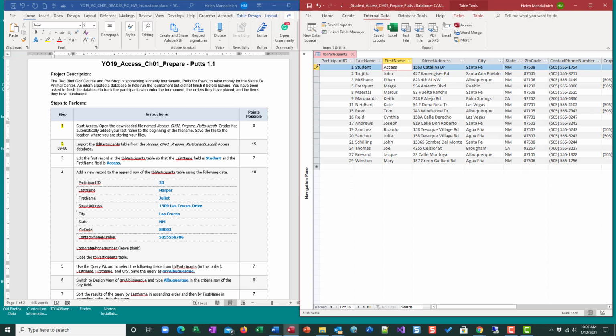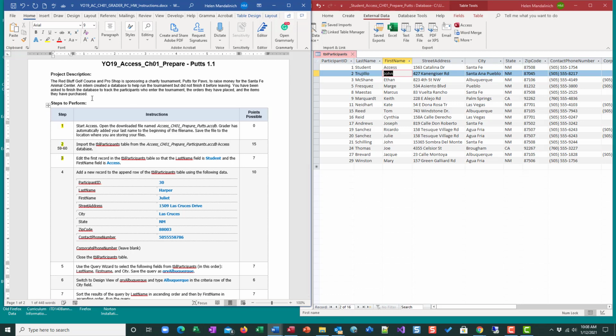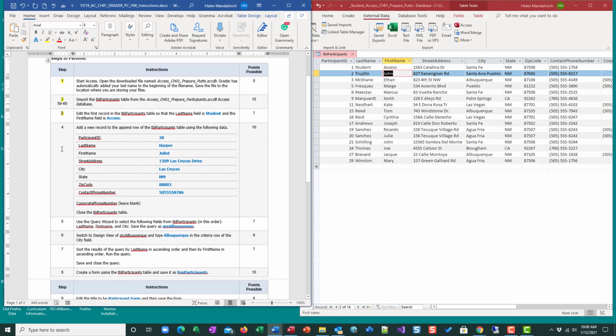Look right here, there's a pencil that tells me that these changes, these edits that I've made to this record have not been saved to the file yet. I can click on the save, or I can just move off of the row, move off of the record. At that movement off, it will change and put those edits to the table. So now that is done. So we can close, we can continue that. So I'm going to do this last number 4 here, and then I'm going to end this movie and pick up